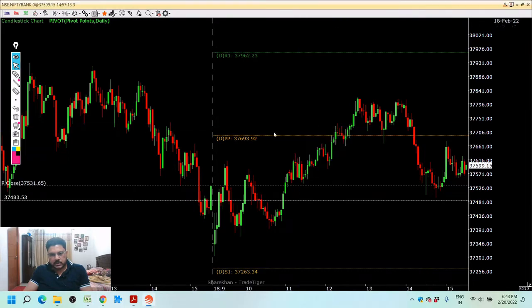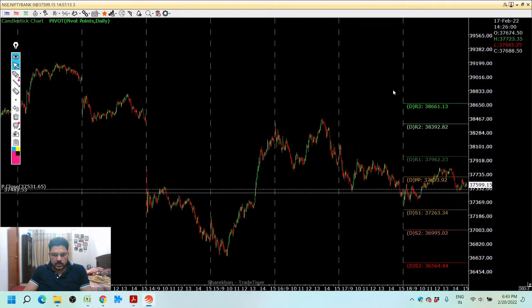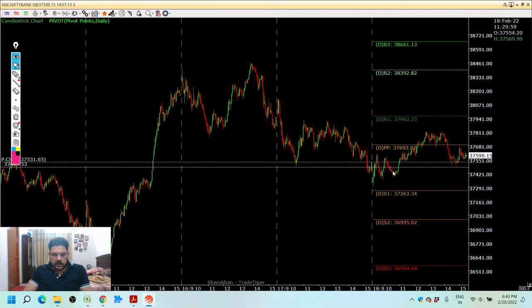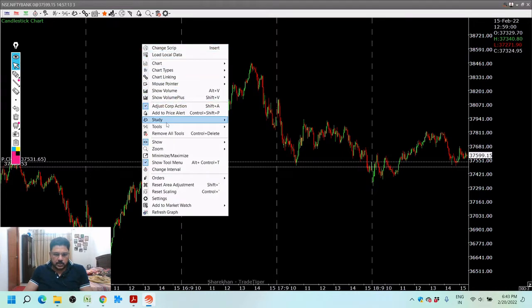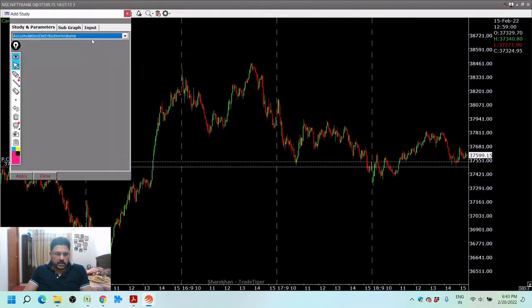So let's get started. I am on a Bank Nifty index chart. It's a spot chart, and as you can see, I have plotted R3, R2, R1, R4. So it's nothing but the daily pivot points. Let me show it to you from the beginning. How do you add this? We go to study, we say add study, and then we click on P. Then we have this